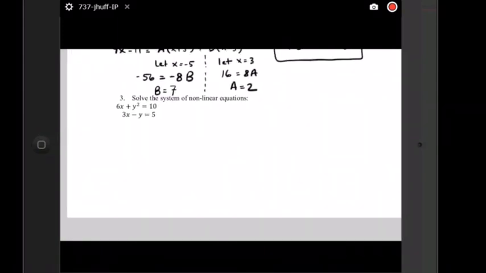Question 3 is from 5.4, solving systems of nonlinear equations. There are 2 methods you really want to be familiar with from this section. It's solving using the elimination method or solving using substitution. So I'm actually going to do this same problem twice using each method so you can see how to use elimination or substitution. So first, if we do this using elimination,